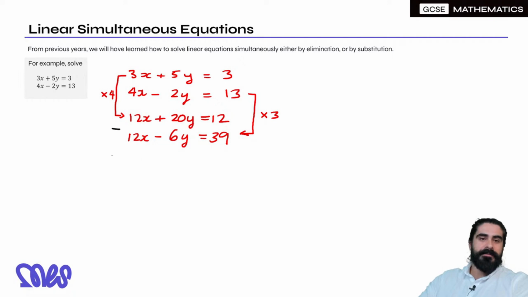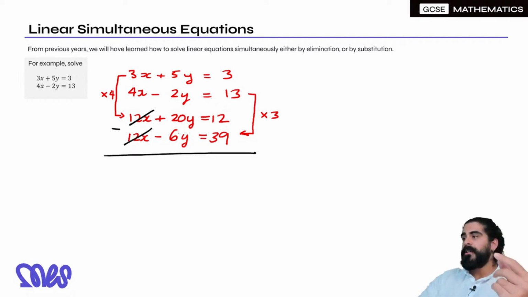Okay, so take them away. 12x take away 12x goes. Now make sure you read it out loud in your head. 20y take away minus 6y. The double negative becomes plus. So 20y plus 6y is 26y